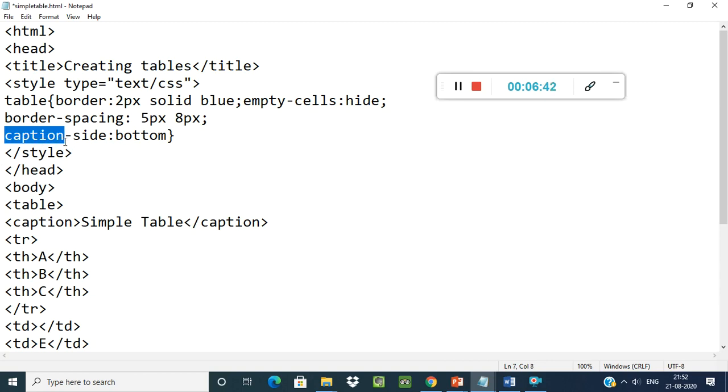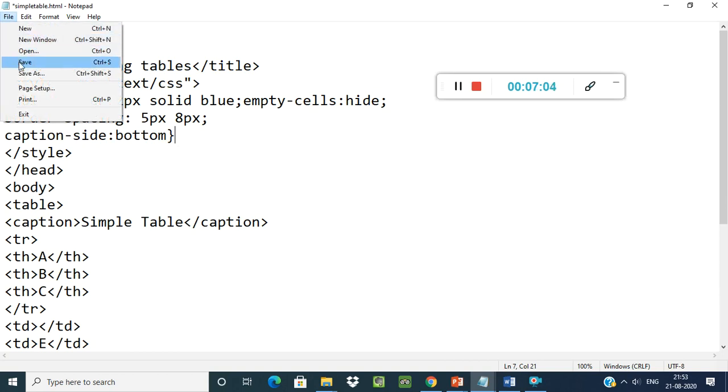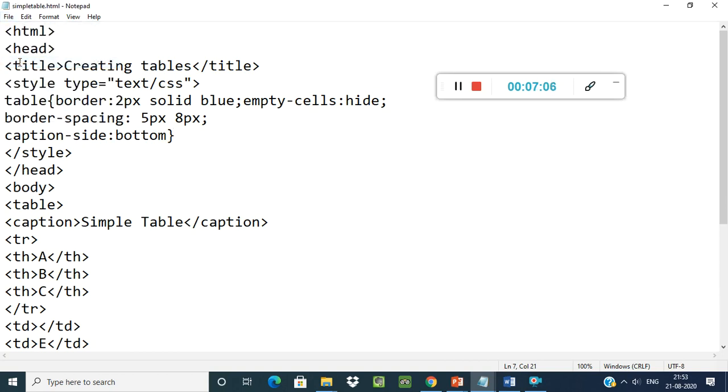And caption side: caption is again the heading. I gave the side as bottom. In the first program it was on the upper side. Now I gave the caption at the bottom. Now save this program. If you change anything in your coding, you need to save your file again and again.